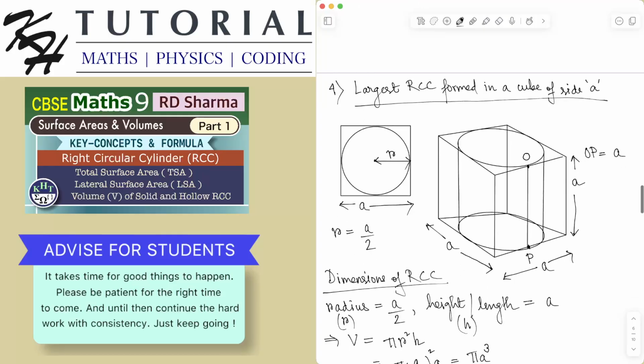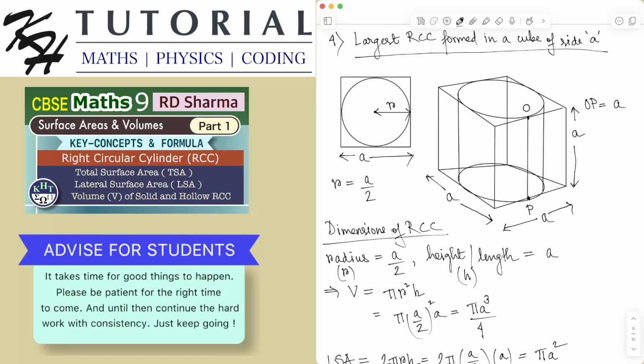Let's see the next. Another concept is that if you are asked to find the largest RCC formed in a cube of side A, largest means the volume is maximum. What will be the volume of the largest right circular cylinder cut out from a cube of side A? In this figure you can see one face of the cube, it is a square of side length A. Now the concept is that